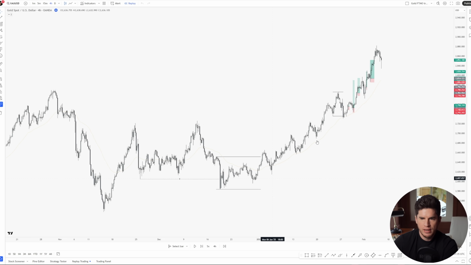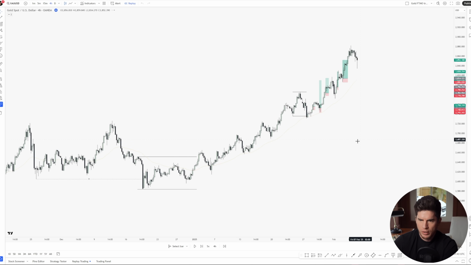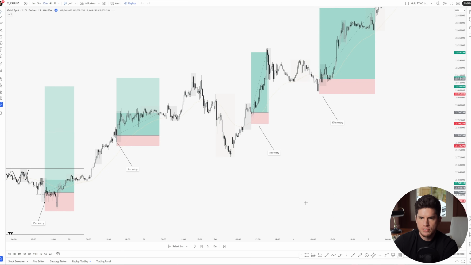It's also been trending for around 6 weeks at that point. So I'm expecting the trend to continue. So let's drop back down to the 15-minute. Actually, let's have a quick look at the 4-hour. We just want to make sure if we've got any more 4-hour liquidity sweeps. So we had this 4-hour liquidity sweep, we had a break of structure, and then we're simply having higher highs and higher lows at that point.